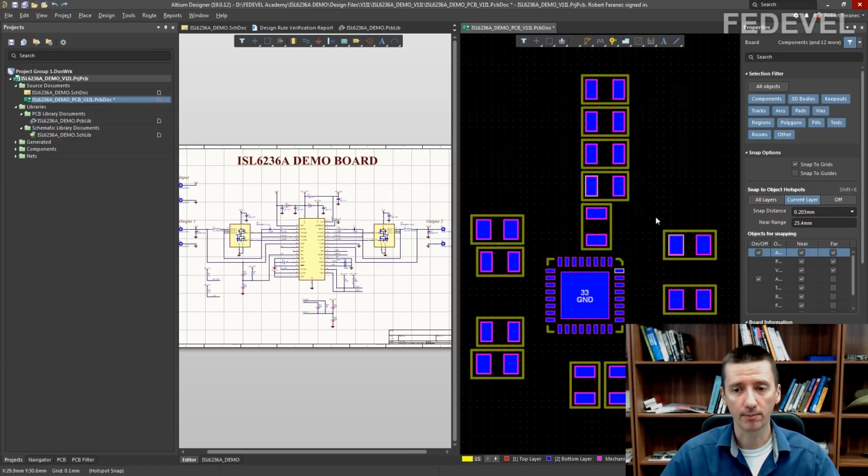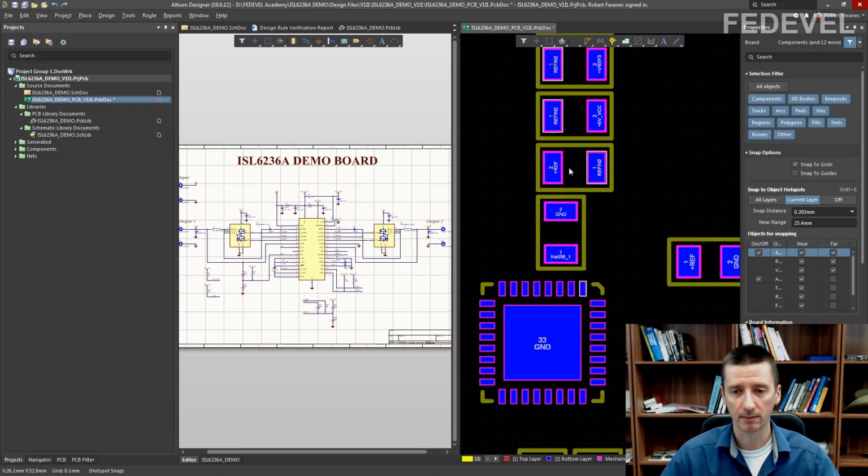And maybe we could improve something here. Can you see it? Tell me what we could improve. Watch how these pins are going to be connected. We need to route a track from this pin to this one. And we need to route also a track from this pin to this one.